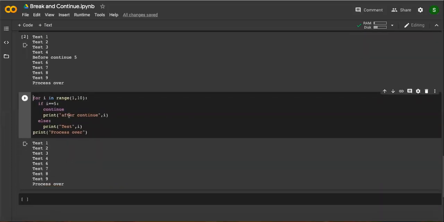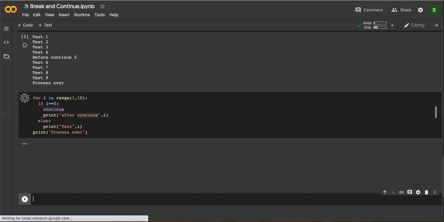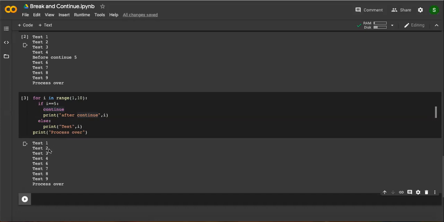Let's understand one more example. This time I'm not using any value above the continue keyword. Below that I'm using an "after continue" print. When I run this, is I equal to 5? No. So print test 1, like that test 1, test 2, test 3, test 4 will come into the picture. Test 4 is printed. Now the fifth, let's see, I is equal to 5. Now I have assigned the value of I to 5. 5 is equal to 5, true, yes. Continue. Continue means,